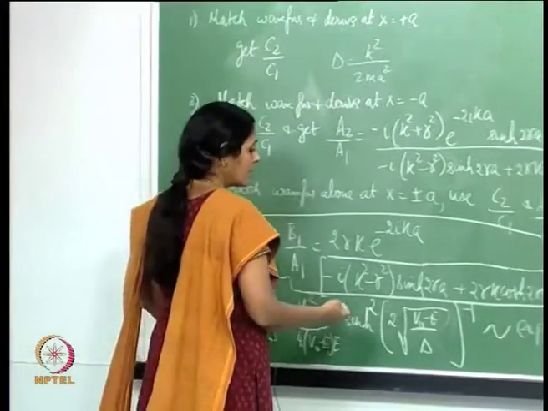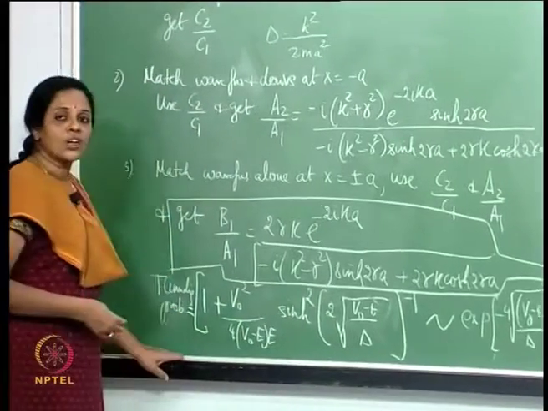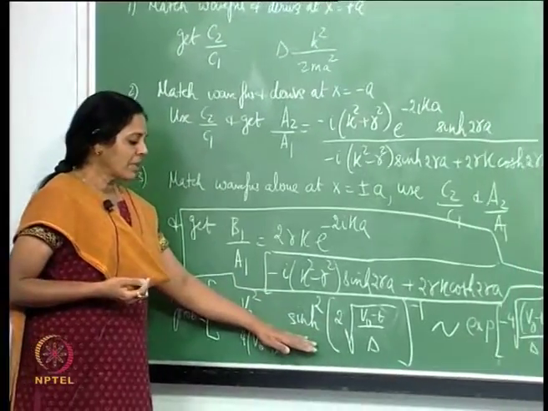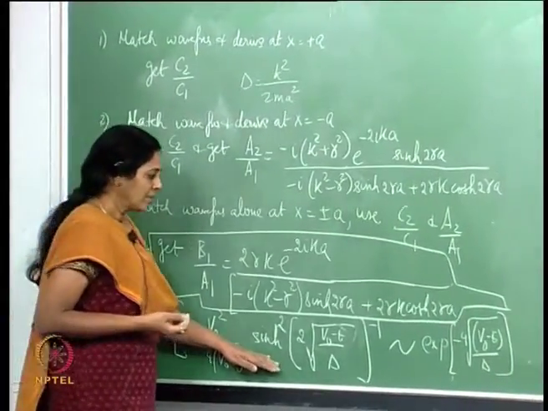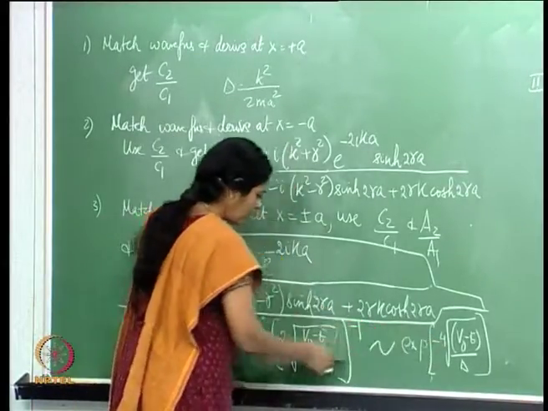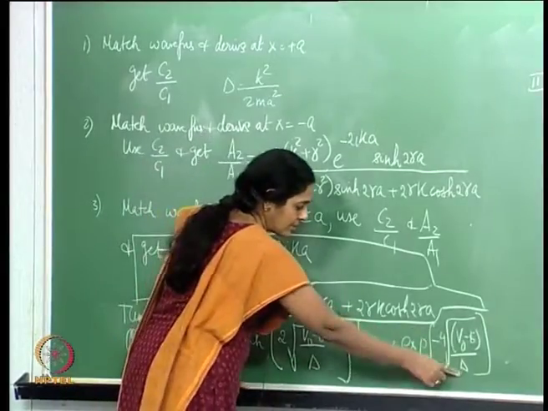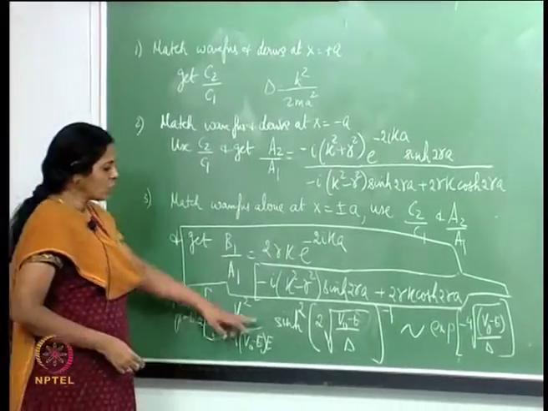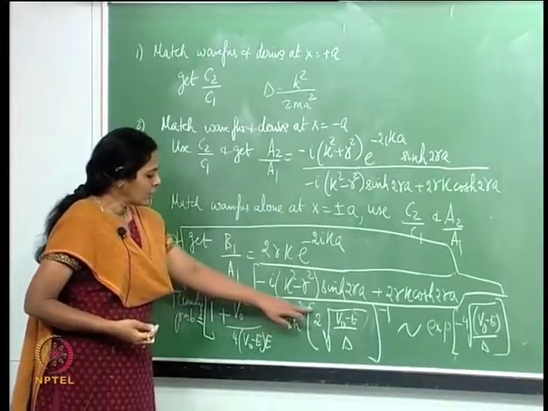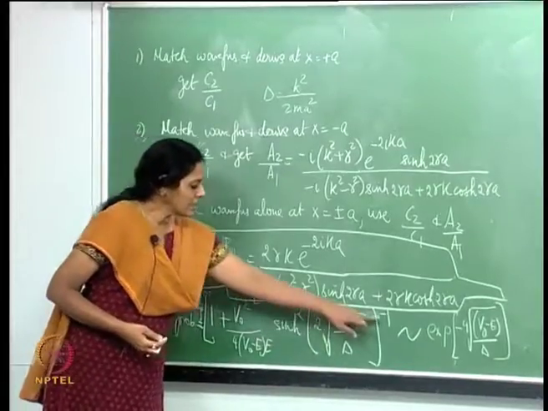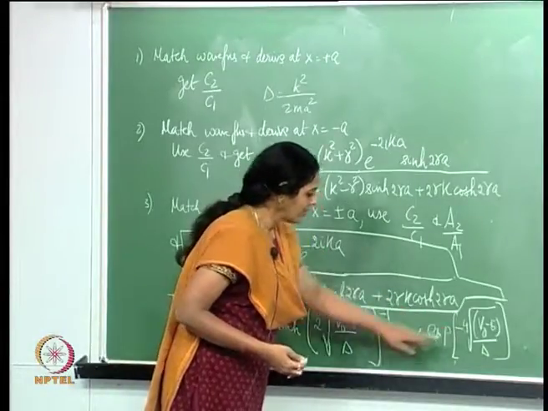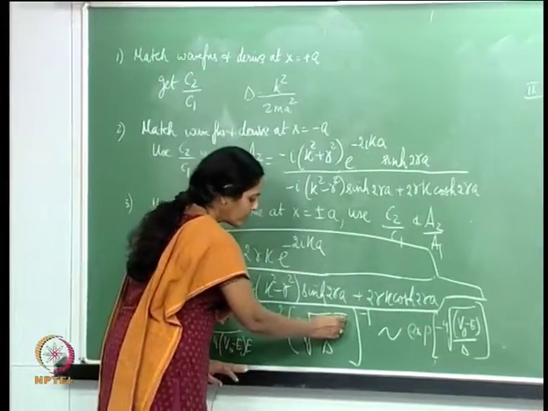Now, as long as the argument y is not far less than 1, this can be well approximated by the exponential, and therefore, the square gives me e to the minus 4 root of V naught minus E by delta. So, I will use e to the y and not e to the minus y. That gives me e to the 2y, where y is this argument, but there is an inverse here, and therefore, it becomes e to the minus 2y,